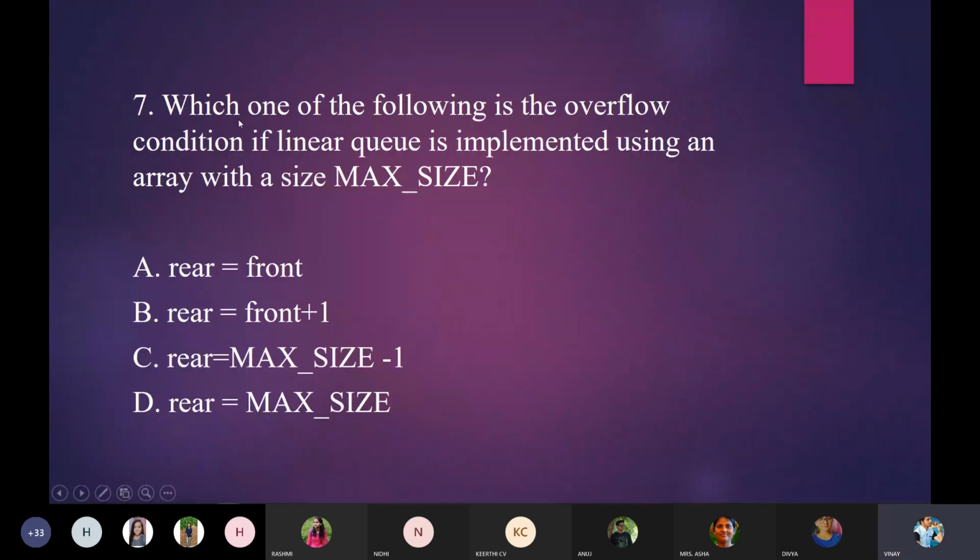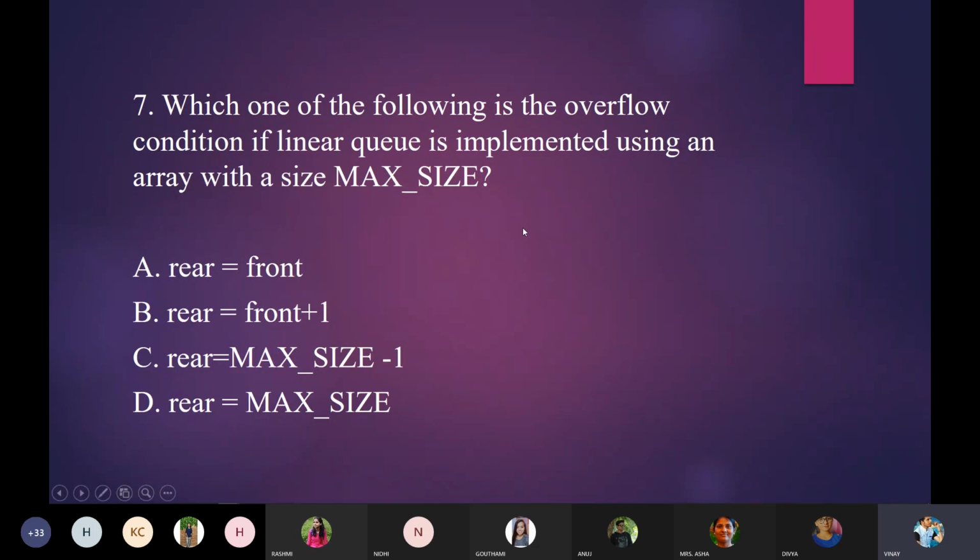Which one of the following is the overflow condition if a linear queue is implemented using an array with a size max size? Anyone can guess the answer? C. Yeah, exactly right.